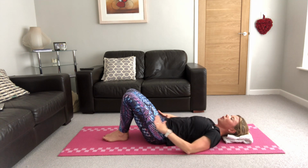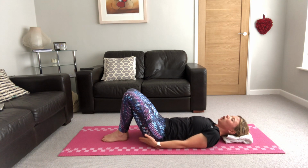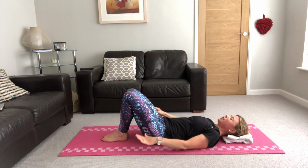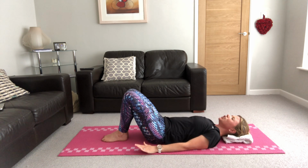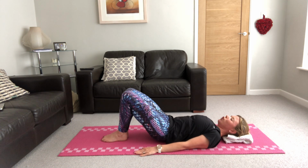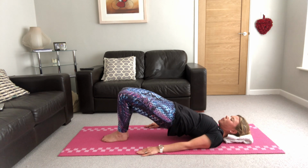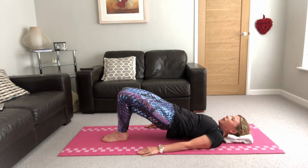So now we're going to work into some bridging. It's great to get your glutes firing and also get a nice active stretch through your hip flexors. Okay, so you're going to squeeze your knees and your feet together, tuck your tailbone under and curl yourself up into a bridge. And then slowly